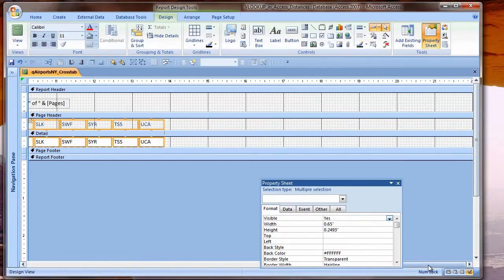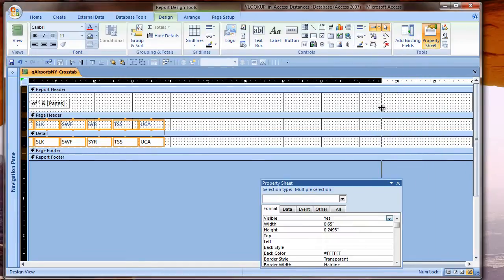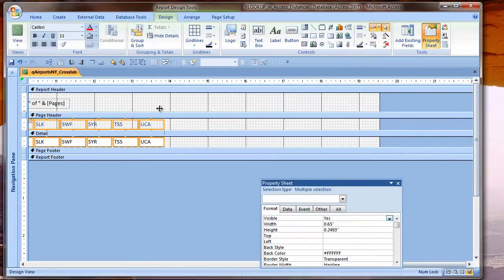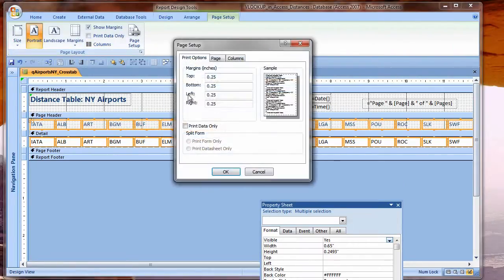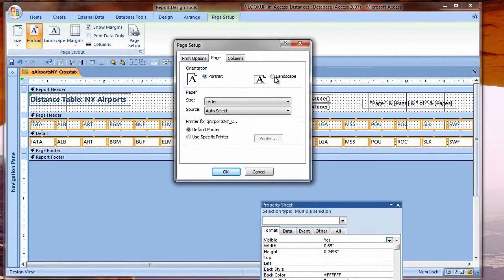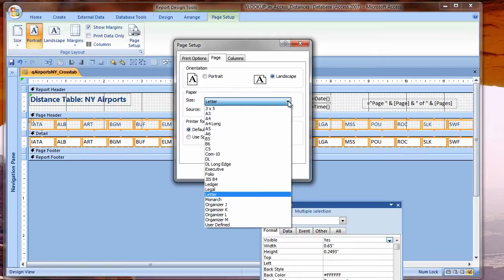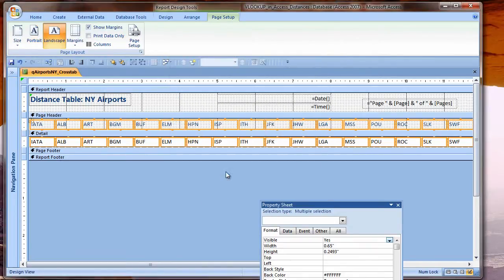I see this thing goes all the way out. Sometimes it can be a little hard to grab this border, but you can grab the right edge and drag it back. I need a little more space because if I go on legal paper, let me go to page setup, and on page layout, I'm definitely going to need landscape, and instead of letter,